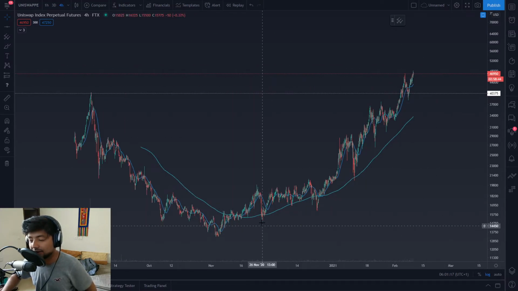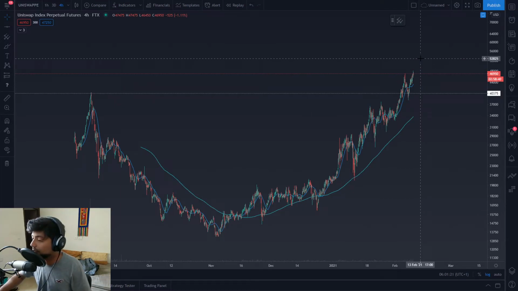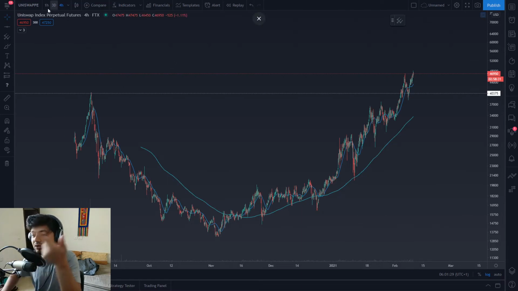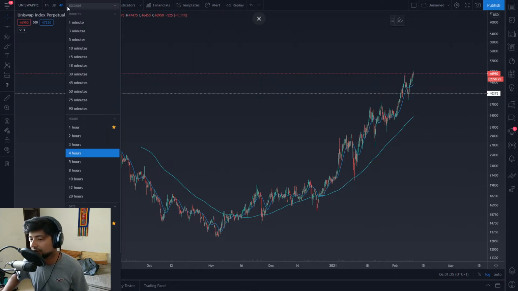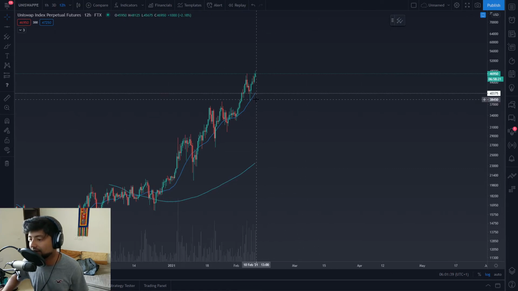So the current trend is to the upside. Your bias is supposed to be the upside. Long Uniswap dips. Long liquid cryptocurrencies in Uniswap, if the Uniswap perpetual index dips down, because the moving average is sloping to the upside. The 12-hour time frame moving average is also sloped to the upside. The 21 simple got retested, had a pin bar, and is just bullishly marching to the upside, looking really amazing.